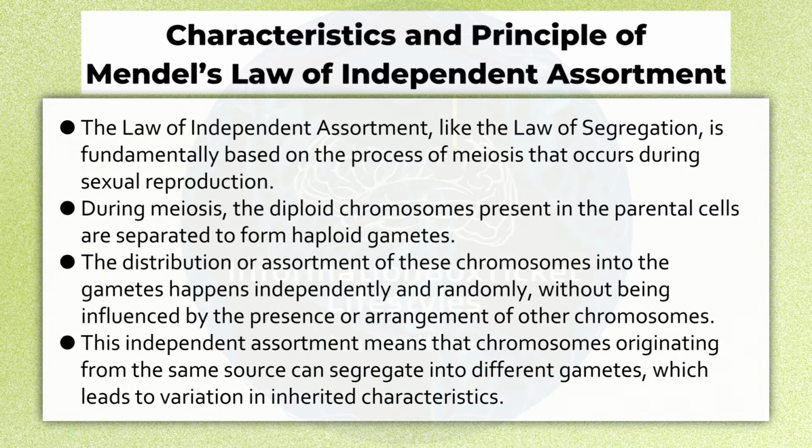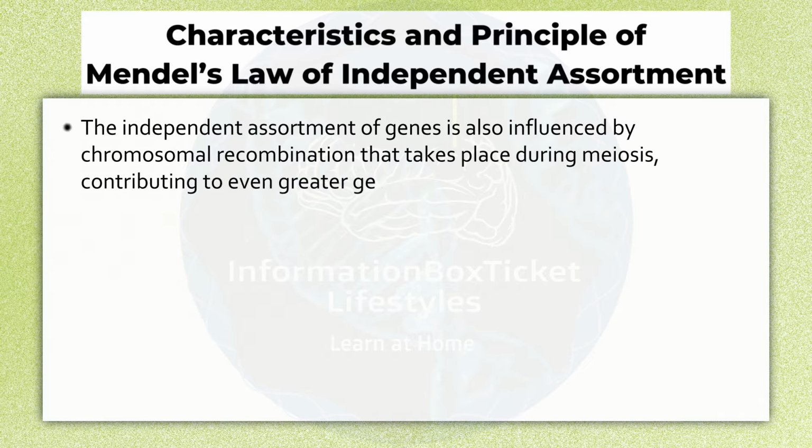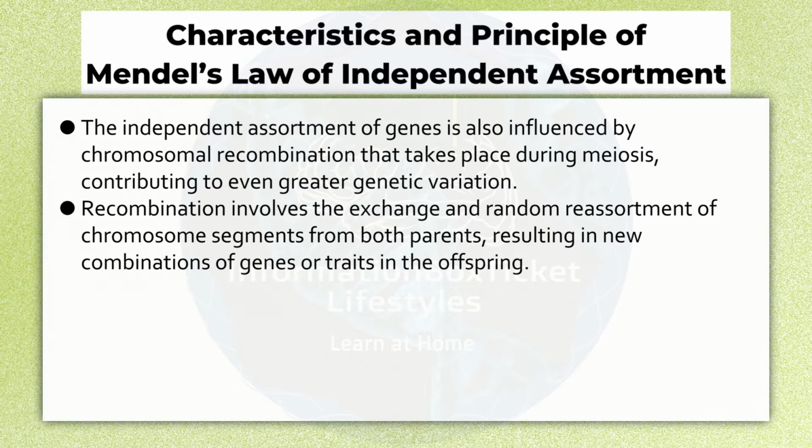This independent assortment means that chromosomes originating from the same source can segregate into different gametes, which leads to variation in inherited characteristics. The independent assortment of genes is also influenced by chromosomal recombination that takes place during meiosis, contributing to even greater genetic variation. Recombination involves the exchange and random reassortment of chromosome segments from both parents, resulting in new combinations of genes or